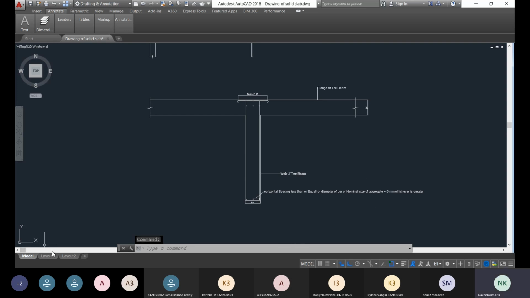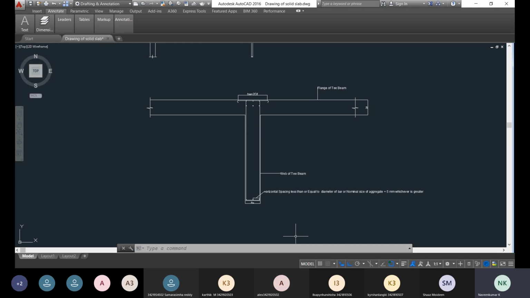Can you able to see that text? Yes, sir. So this is the way you draft as well as detail the drawings in AutoCAD.